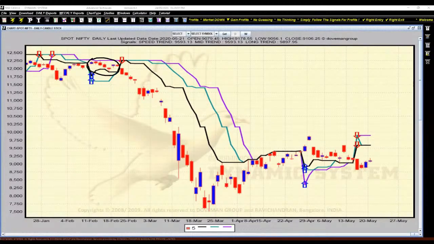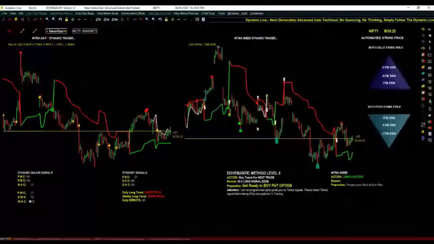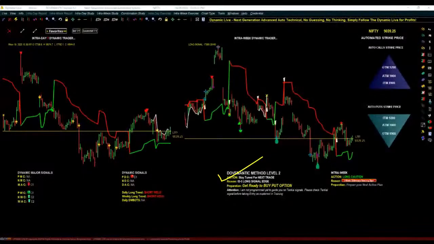You can see here it is trading between the three lines. Now this is a phase we call in between trends. We refer to this as in between trends. So whichever stock or index that you're trading on a regular basis, if that stock or index is in an in between trend as per the dynamic system, then whatever trading opportunity you get here, if it tells you to buy a call option or a put option,